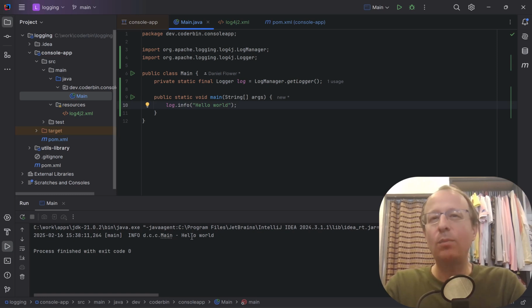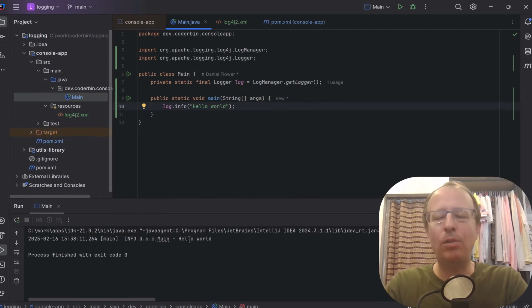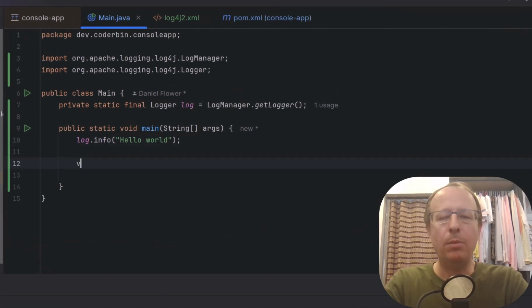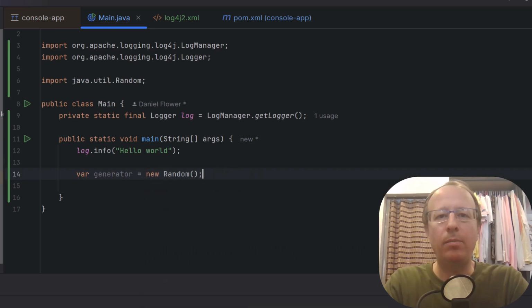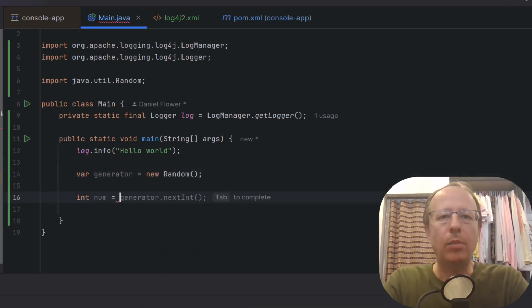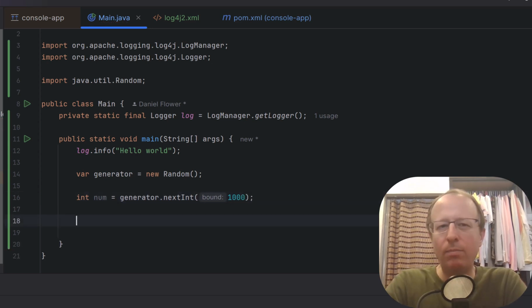Let's make a very simple app here. It's going to generate some random numbers, and we're going to use a utility function from a library that we make so that we can see how we should configure things. So we're going to print a number between 0 and 1000. We need a random number generator, just like that. We need a number, right? So up to 1000. But I want to print this number padded with zeros on the left side.